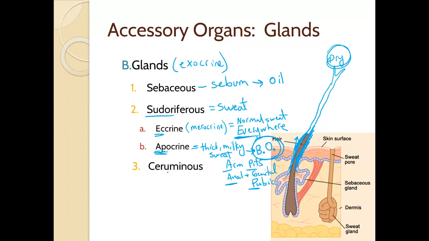And the last type of gland is called ceruminous, and ceruminous glands produce a product called cerumen, which is wax. And these are found inside of your ears. So ceruminous glands are your earwax glands. And if we look over here at this picture, we can see here is a sweat gland. So this is just an eccrine sweat gland. It looks kind of like a little knot, and it's connected by this duct that goes up and ends in a pore at the skin, and basically just makes a watery secretion that comes out and just flows onto the